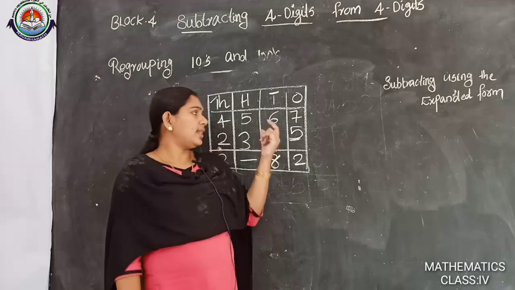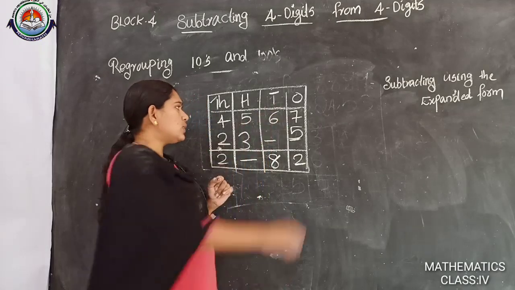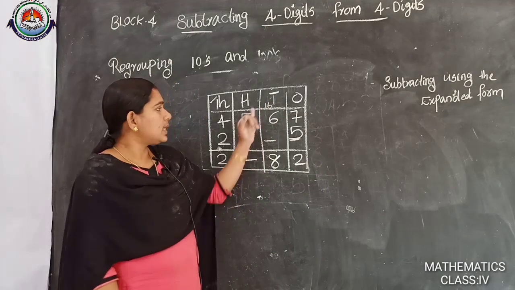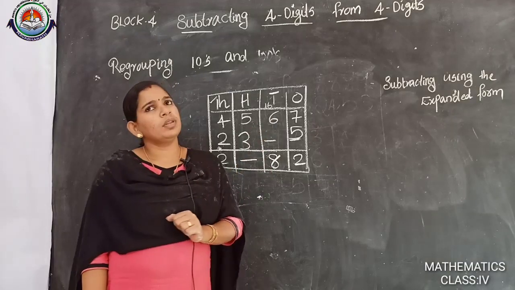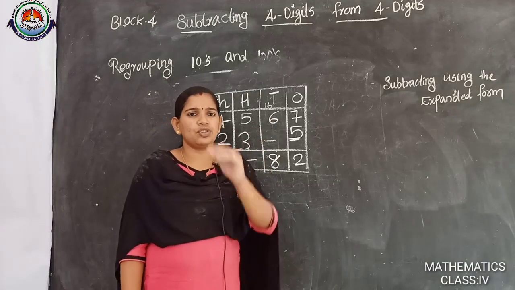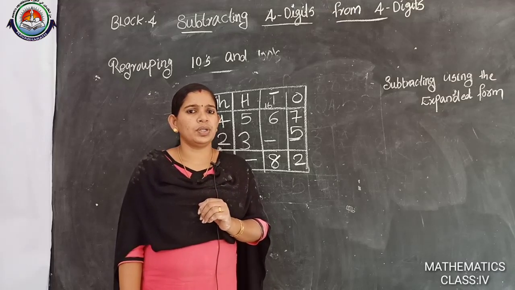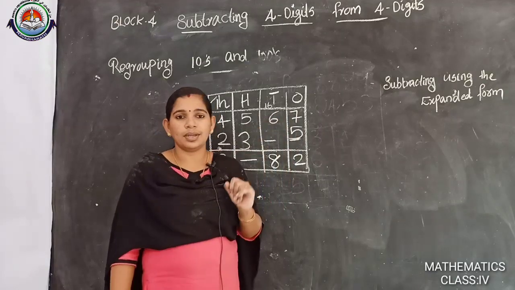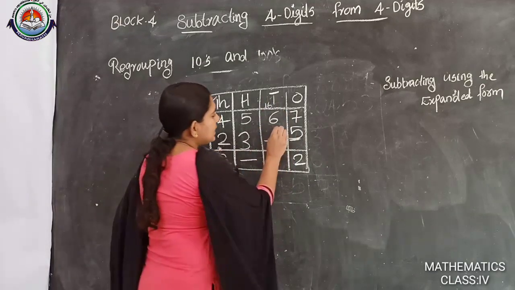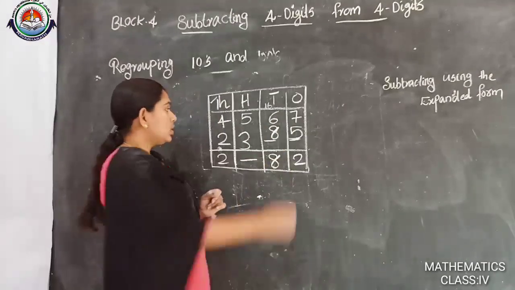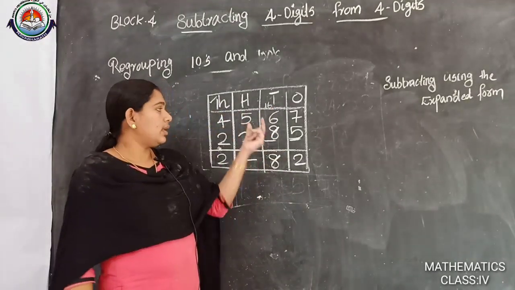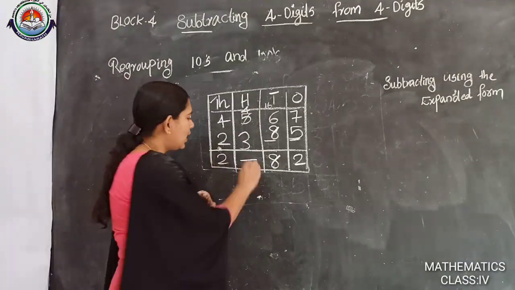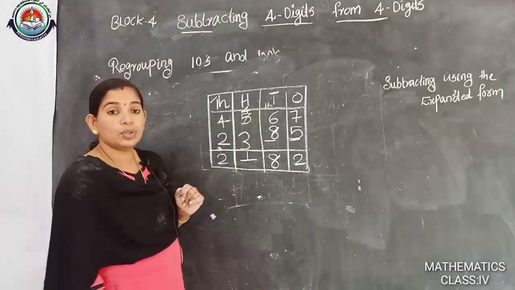Which digit is here? I think we are borrowing 1 from here. So this becomes 16. 16 is possible. We will check it. 16 minus 1 digit is 8. Which is that digit? 16 minus 8 is 8. So we are taking 1 to this. Then here only 4. 4 minus 3, 1. 4 minus 2, 2. Got it.